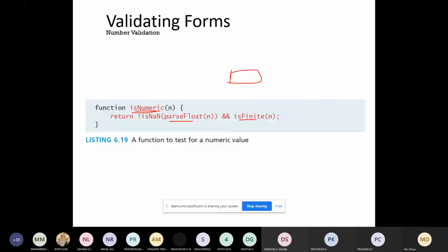We are checking two things. We are converting it into float, and we are checking whether it is an infinite number, whether you have entered an infinite number.